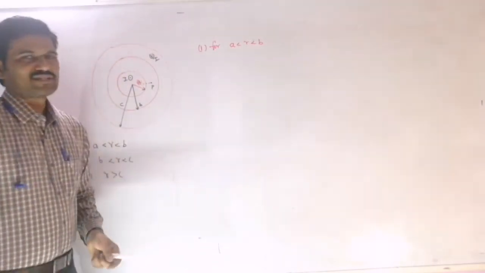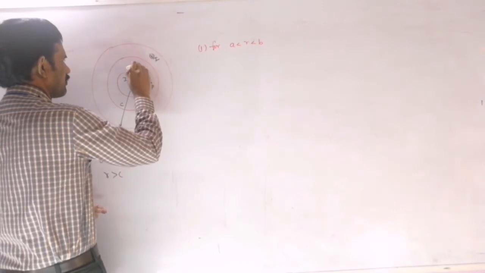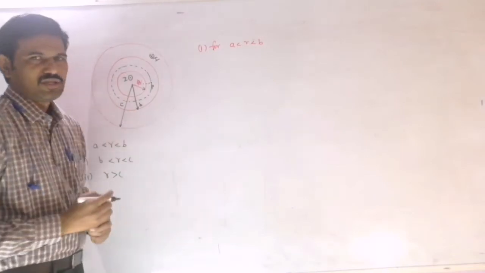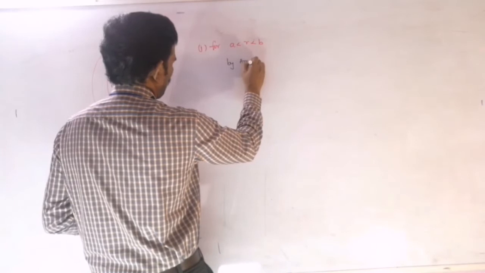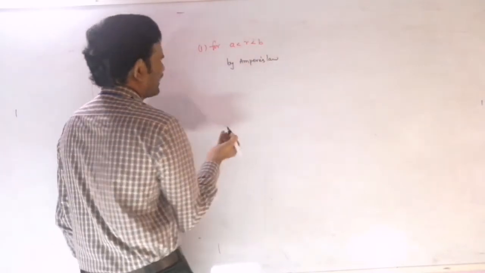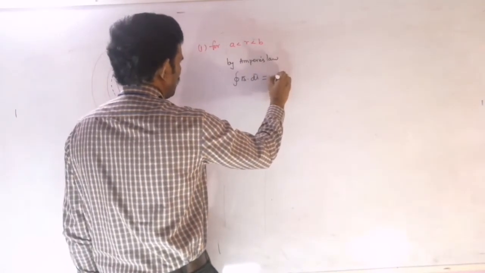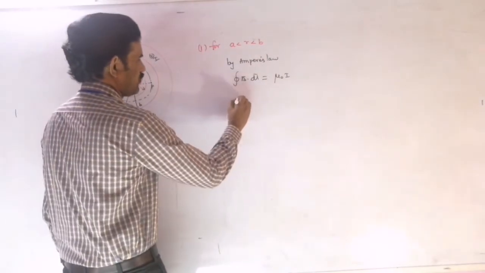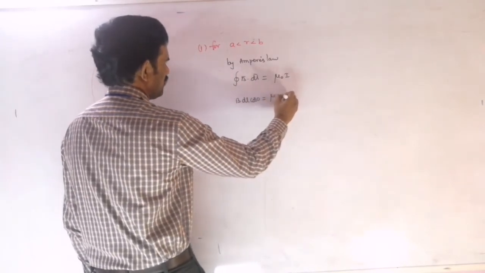So for that reason you can simply apply Ampere's law here. If you apply Ampere's law, you can consider an Amperian loop like this. So this is our Amperian loop. Now let us write Ampere's law here. By Ampere's law, or directly also we can apply here, because cylindrical conductor inside and outside, the integral of B dl cos 0 is equal to mu naught into I.